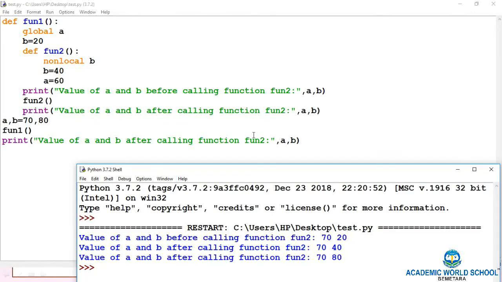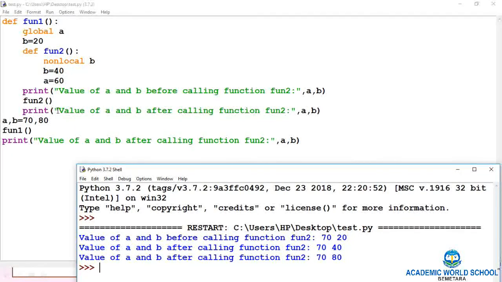Now all of you understand the use of global, local and non-local variable. Global variable works only in the function, not in the nested function, and non-local variable works inside the nested function. That is the use of non-local variable.